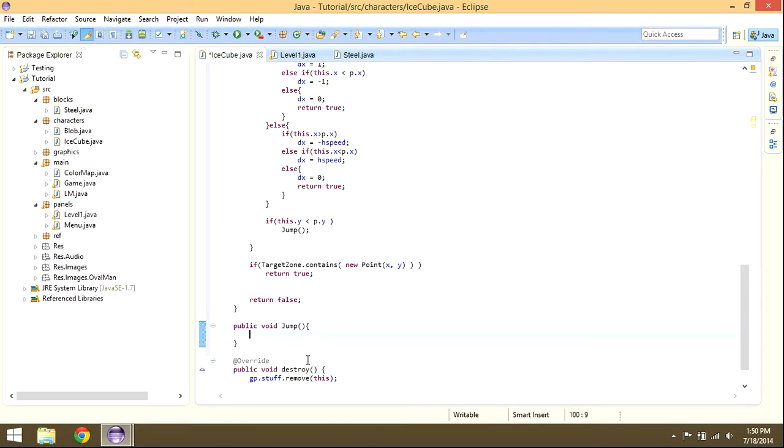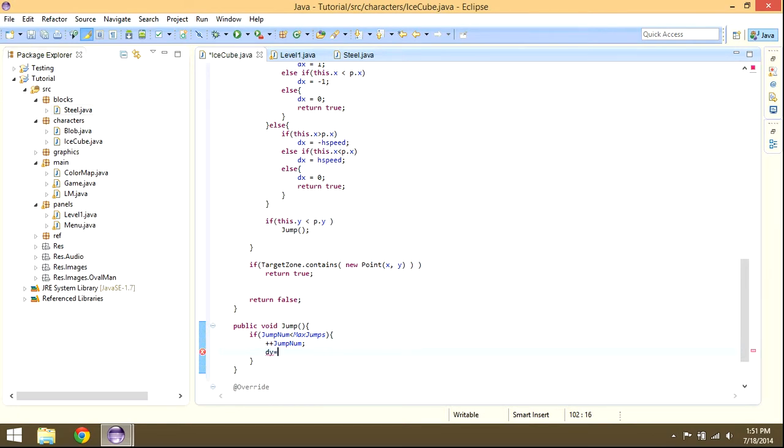And since this is an AI, and you could probably extend this class to make other enemies, what I'm going to do is I'm going to say if jump num is less than max jumps, and our max jumps is a number that we set earlier, and you can change for different things. And then we're going to increment our jump num,